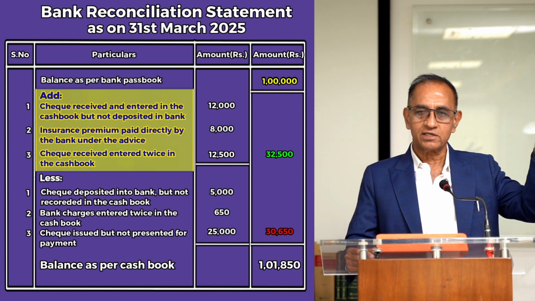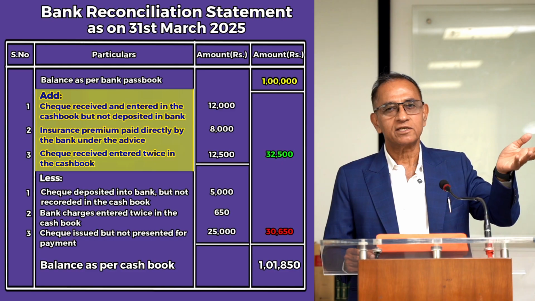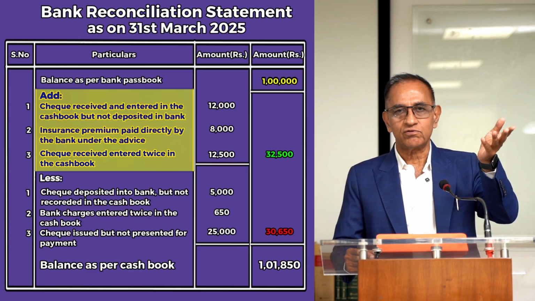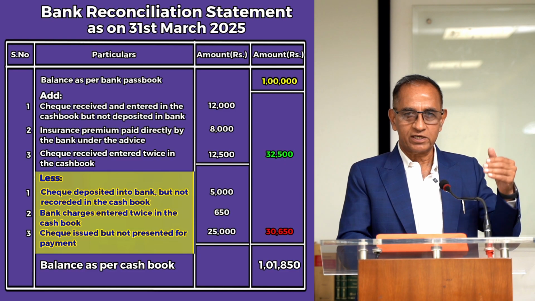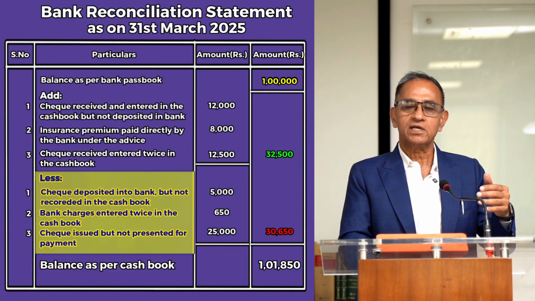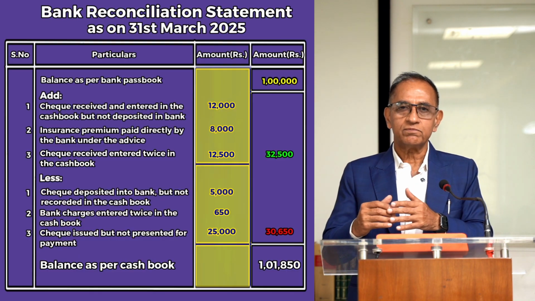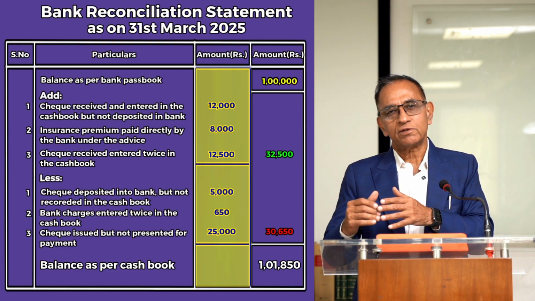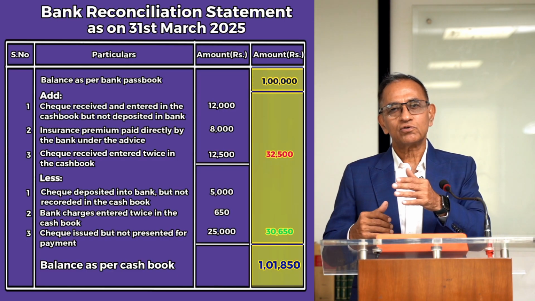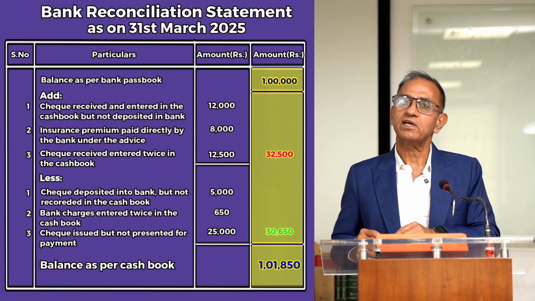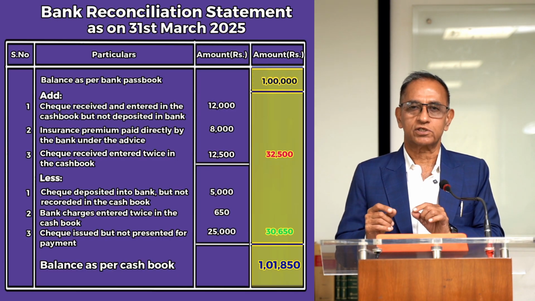As you can see, this is the manner in which we have been preparing the bank reconciliation statement from 7A to 7E. Similarly, we listed down all the minus items together, and in the main column, that is the amount column, we took the subtotal of all these items and उसको फिर add करके and minus करके we arrived at the balance as per the other books, right? This is what we have done. There is no change in bank reconciliation statement. There is no change in concept. There is no change in the manner how we have been reconciling the two balances.